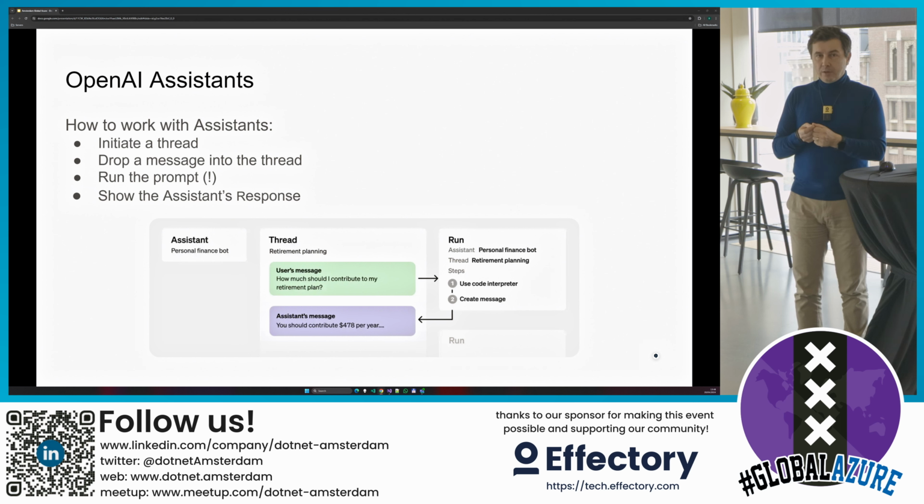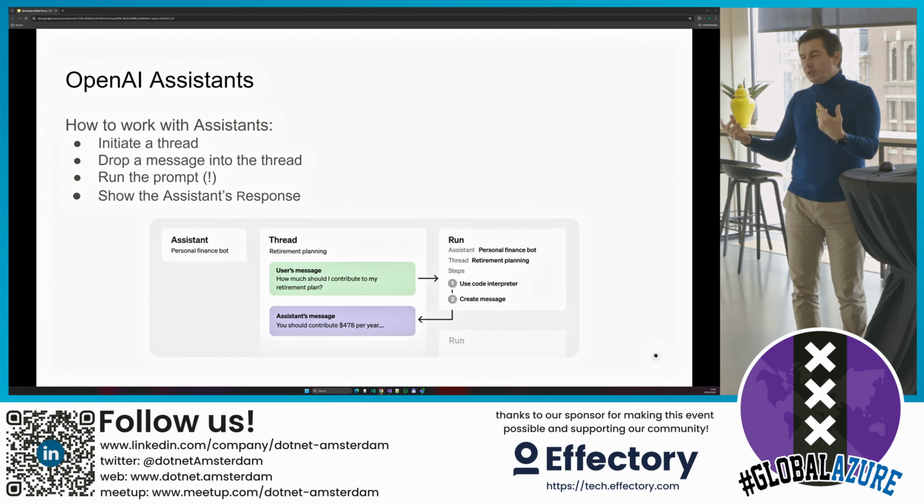But if you want to put some more instances, each of them talking with GPT to do something together, you have to manage the context because they have different context. Well, not to mention the fact that this is stateless.